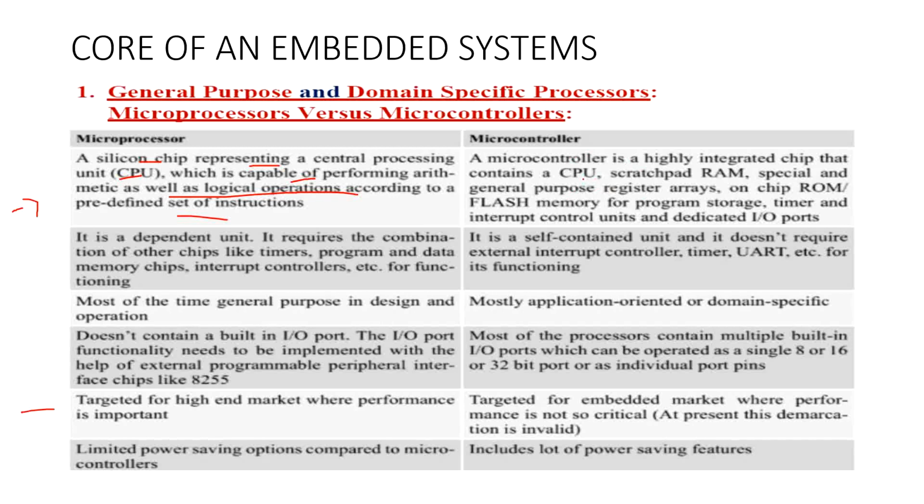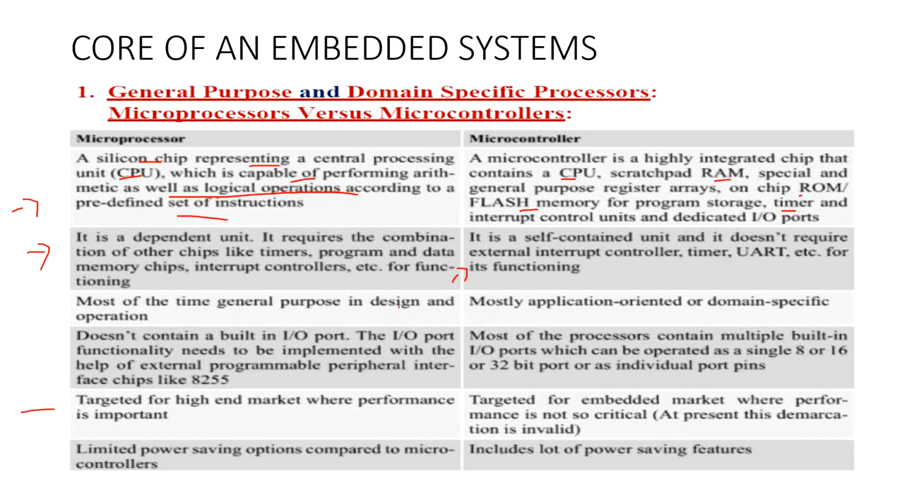What do you mean by microcontroller? A microcontroller is the one which has a CPU, RAM, ROM, flash memory, and then IO ports and timers. Everything it needs is on the chip. A microprocessor is dependent. Why is it dependent? Because it is alone; it needs the help of RAM and ROM. That's why it is dependent, whereas a microcontroller is self-dependent. That means it doesn't need